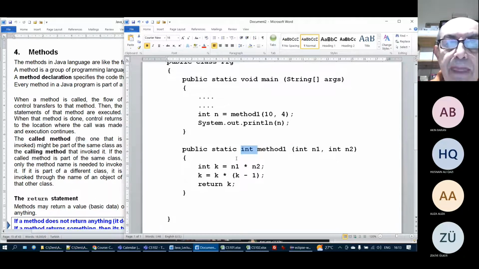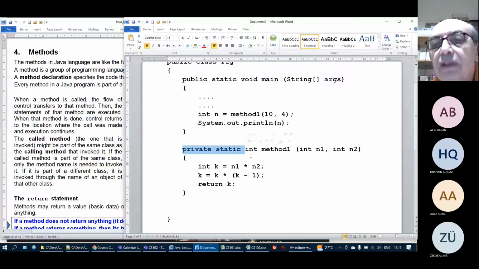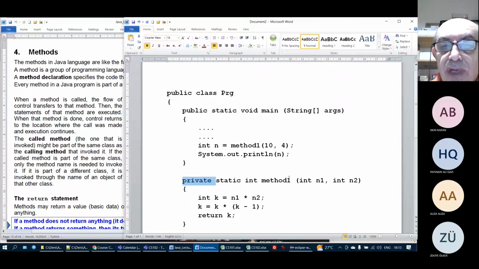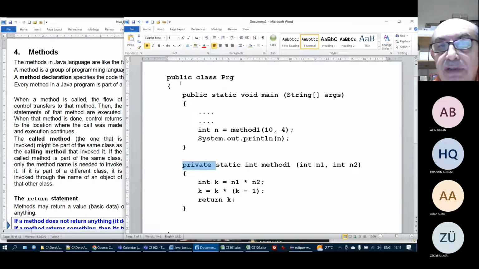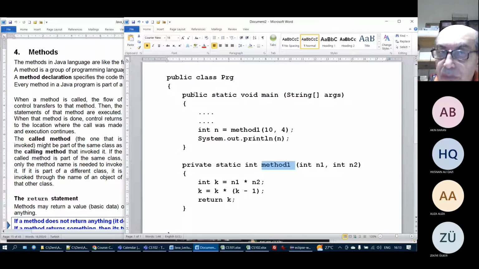So when we define a static method, we write public static or private static. I usually use private static methods. Why? What is the difference between public and private? If I define a private method in a class, only other methods in the class can call this method. But if it is public,